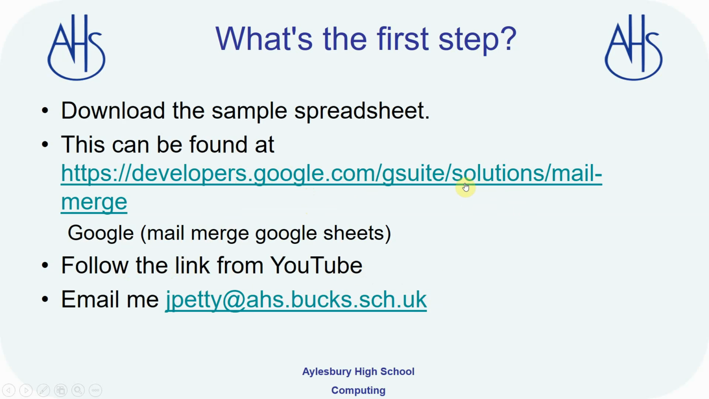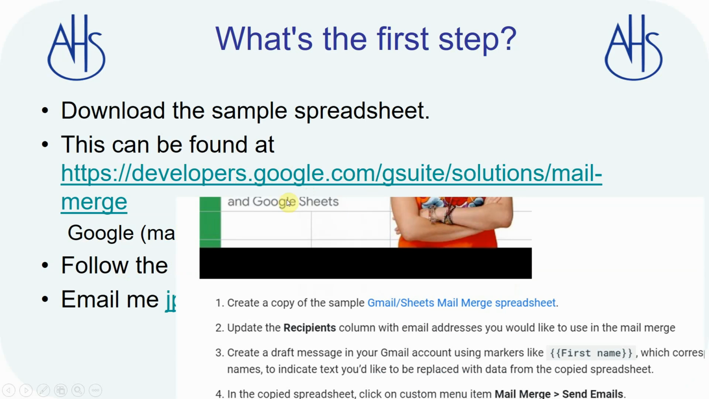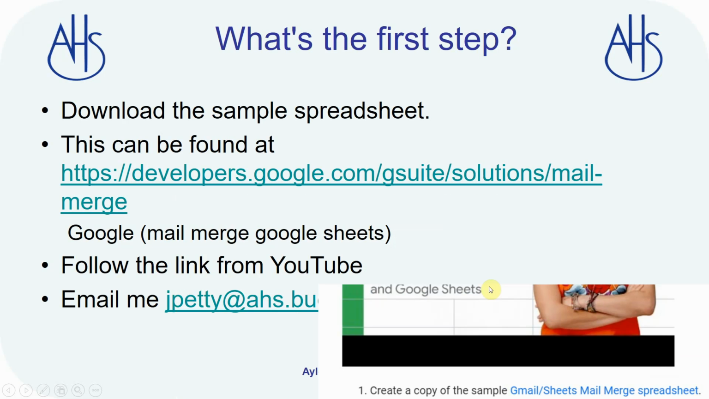Right. So you've typed in the link. What I then want you to do is scroll down on the page. You'll see a little video there, kind of saying what I'm saying here. And then you get some steps. And this step here, create a copy of the sample Gmail Sheets mail merge spreadsheet. I'm just going to ask you to click on that. When you click on that, off it goes,